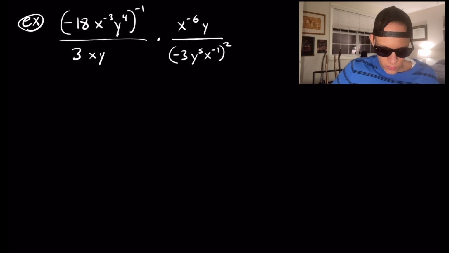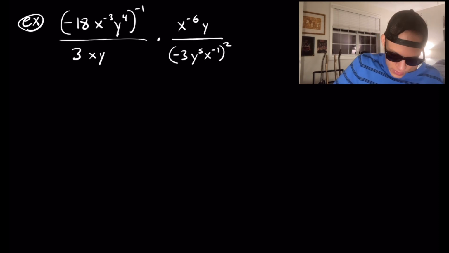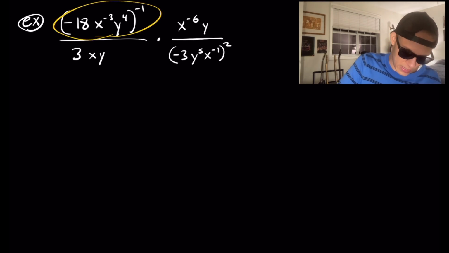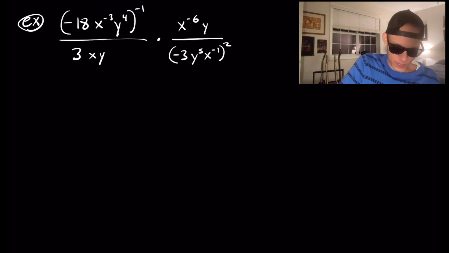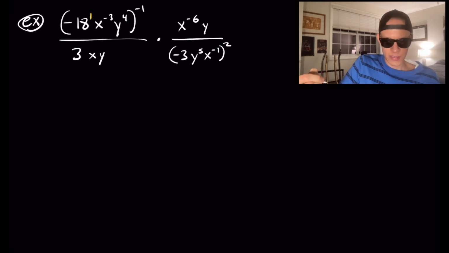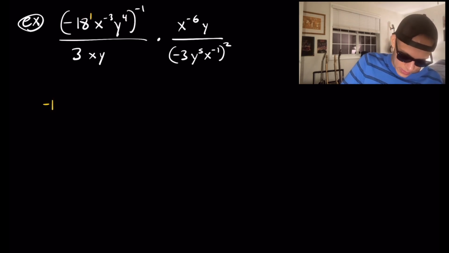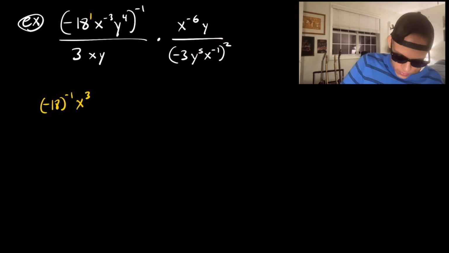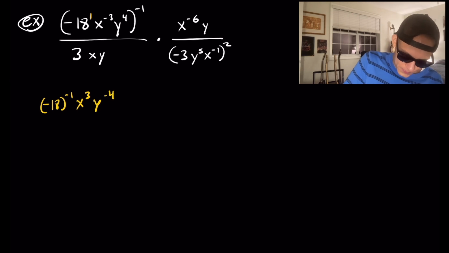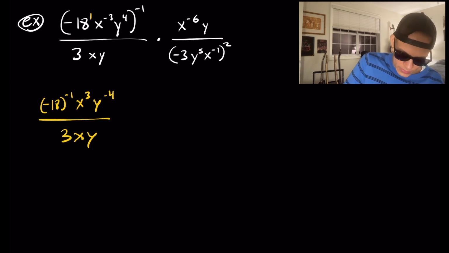There's no right way to do it, just one right answer. So I'll keep doing it the way that I've been doing it, which is looking here. I see that I can do a power of a power property. So I'll raise that -18 to the 1st, and I'll multiply all of these exponents by the -1. So I will have -18 to the -1st power, x to the 3rd, and y to the -4th, all over 3xy times x to the -6th y over,